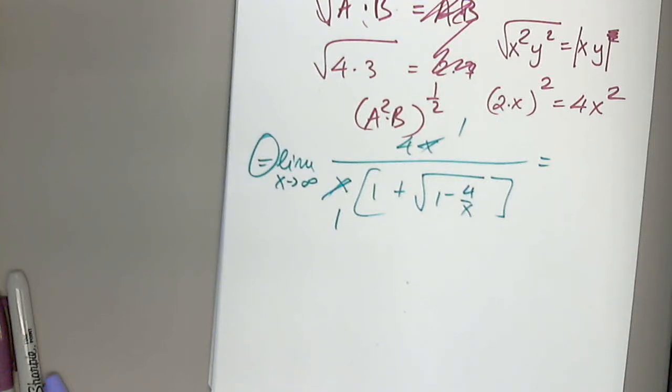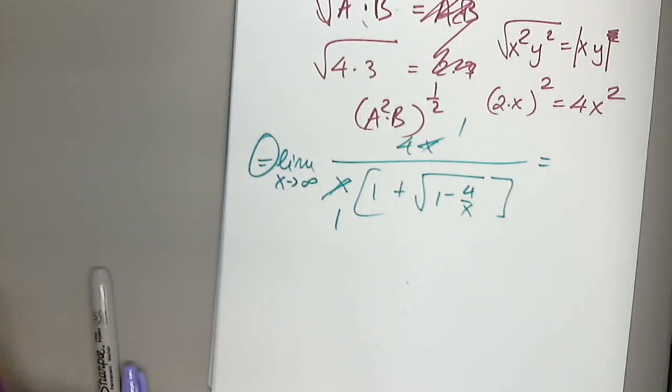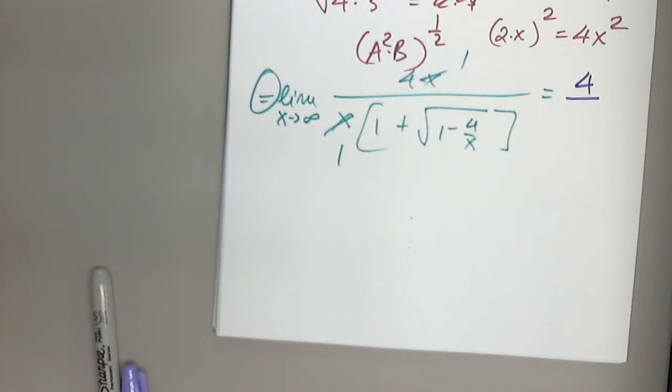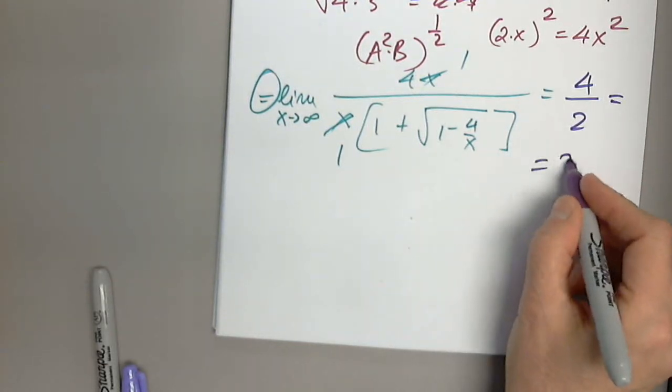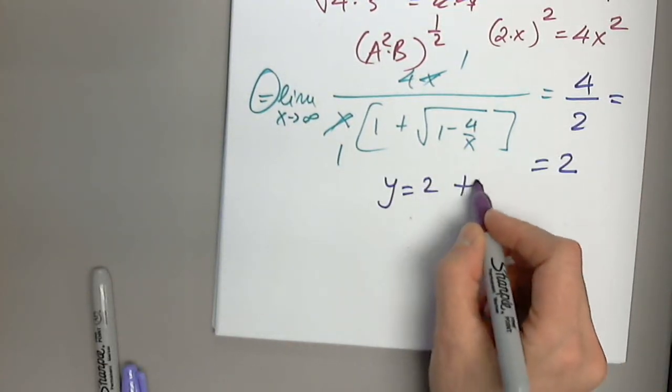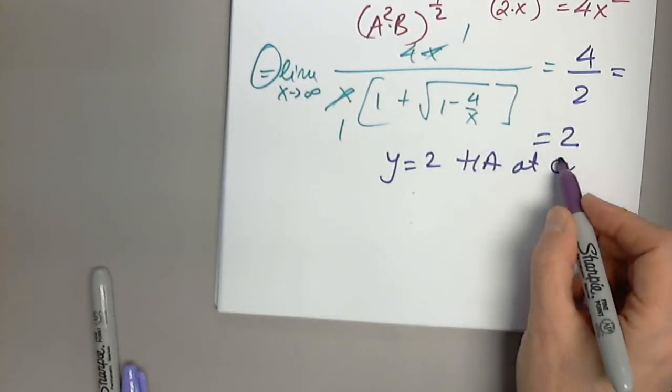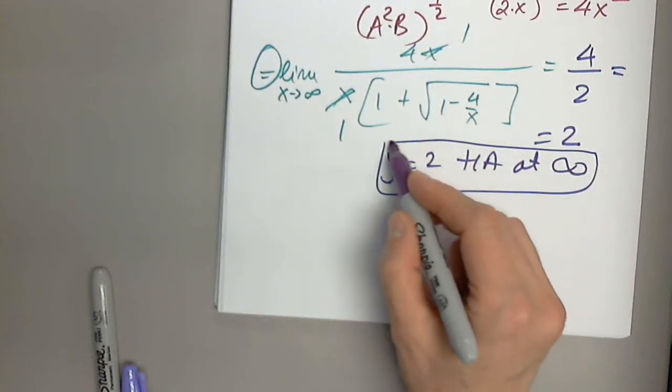So now I removed an x from the numerator and an x from the denominator because they can be canceled, since x is not 0. Look where x is going, so far away, away from 0. So now, only now, I drop the limit operator. The numerator is 4 and the denominator is 2. So then this is 2, which means y equals 2 is a horizontal asymptote, but this time I have to write